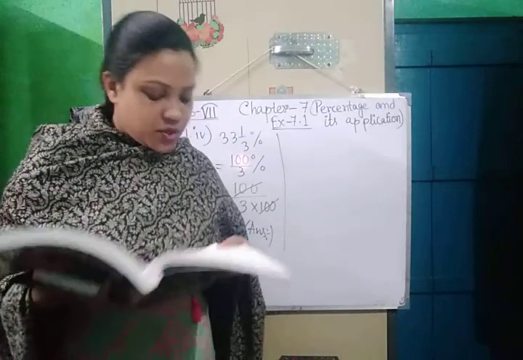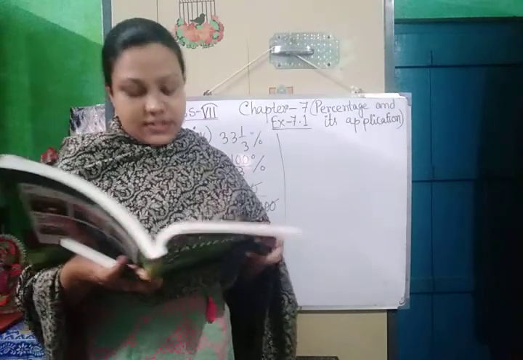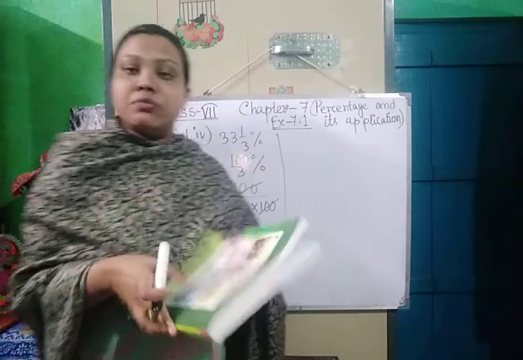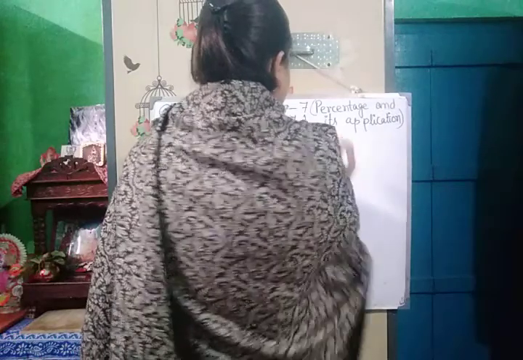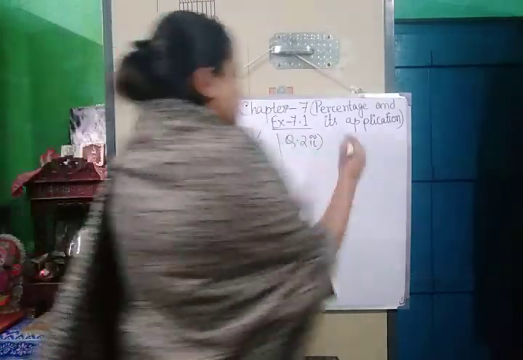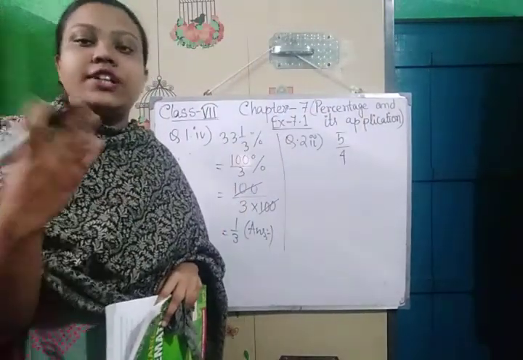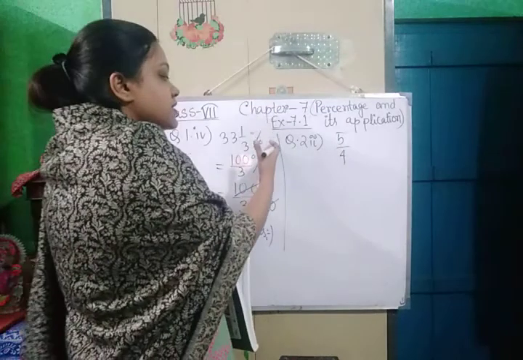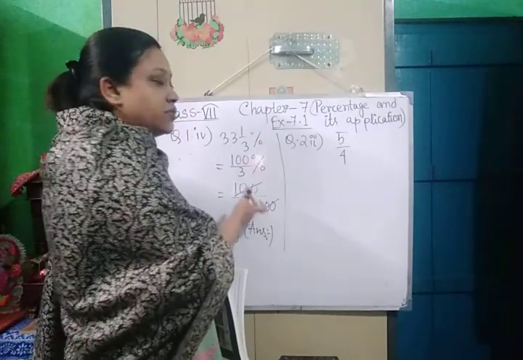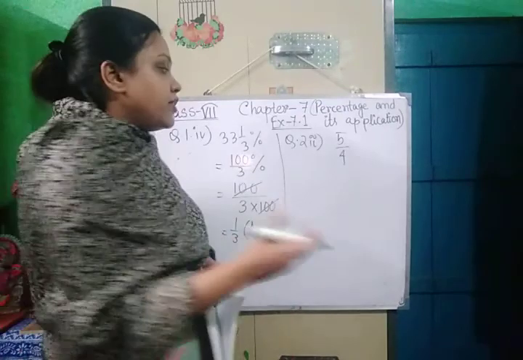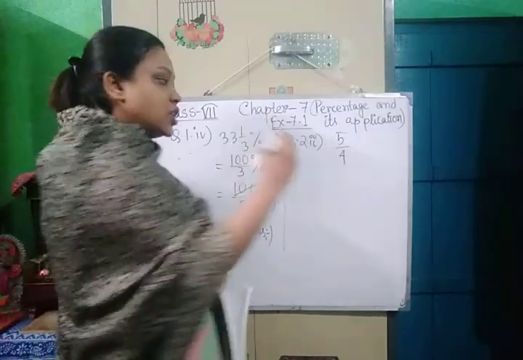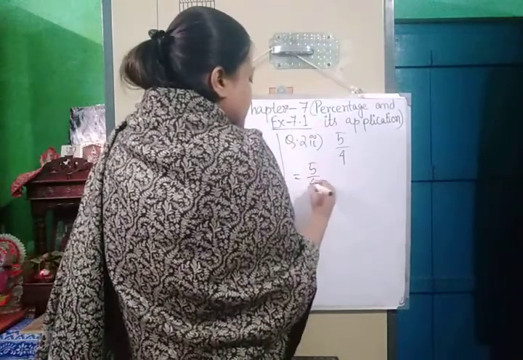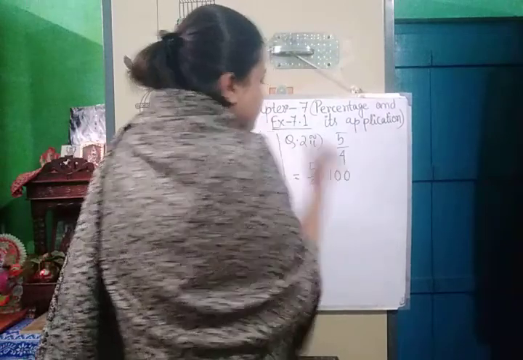Next I am doing question number 2, convert the following fractions into percents. So I am doing question number 2's Roman 2, which is 5 by 4. In this question, fractions are given, we have to convert it to percentage. When percentage is given and we are going to convert it to fraction, we divide it by 100. When fraction is given and we are going to find out the percentage, we will multiply by 100. So what will we do? We will multiply it by 100 to get it as a percentage.